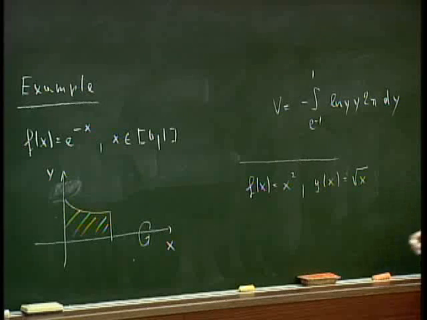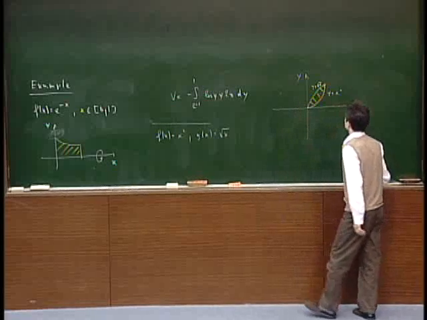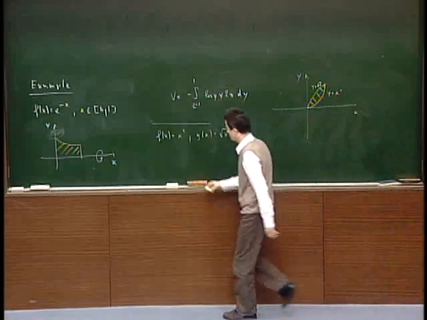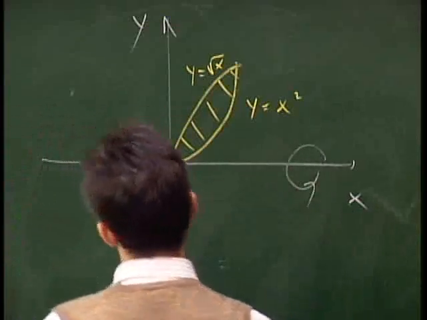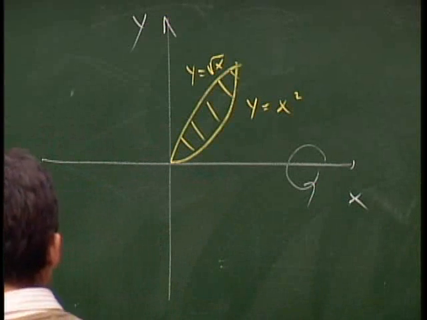Okay, so one function is this one. So this would be y is equal to x squared. The other function is this one. So this would be y is equal to square root of x. So what we have is this region here. And for instance, if we rotate it about the x-axis, okay, now using shells,